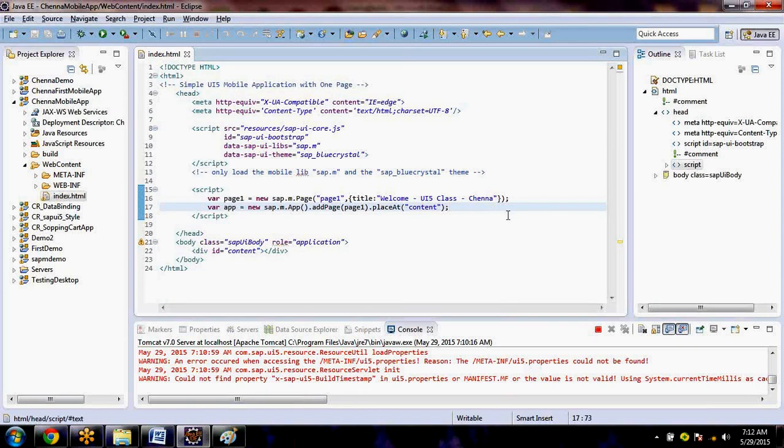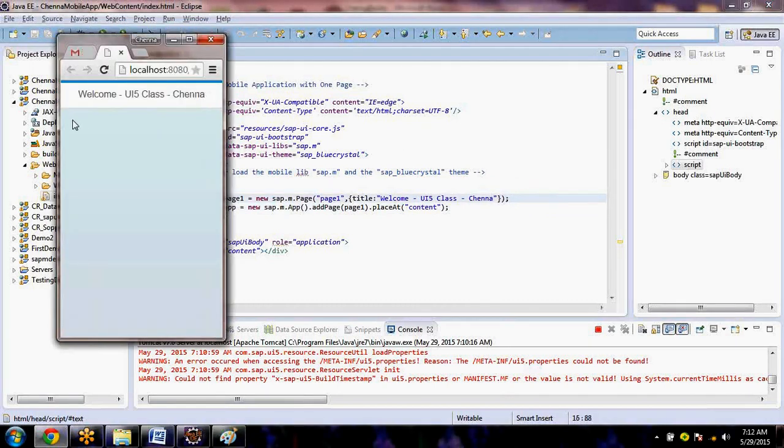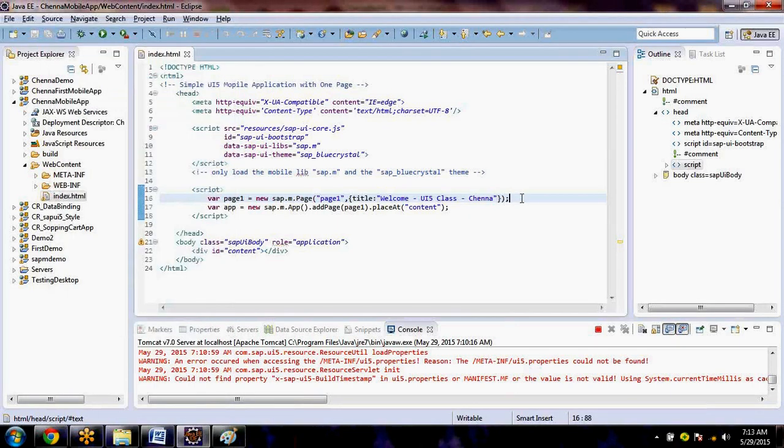So page one, and so on. Now inside the page, so this is a page. Inside the page, you would like to have a button. If you want to put a button inside the page, what is the property we need to use? Yesterday we used it.